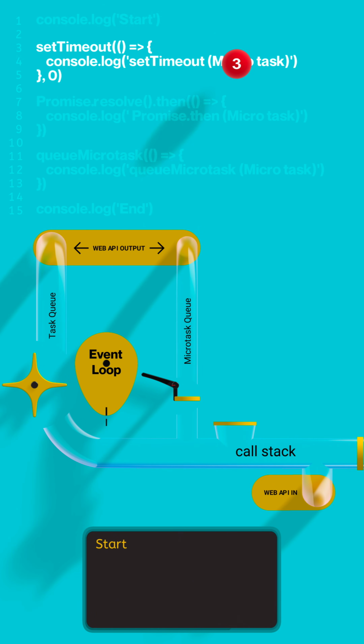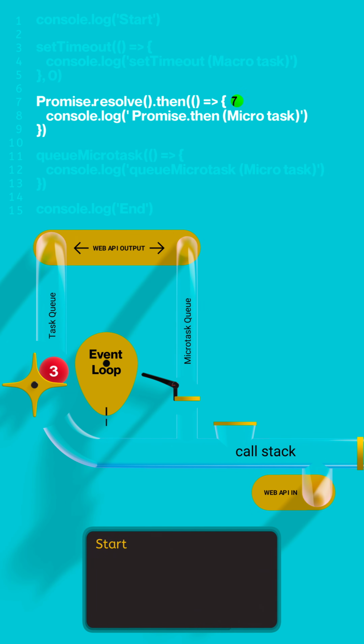Next, we encounter a setTimeout call with 0 delay on the third line. Even though the delay is 0, this call does not execute immediately. Instead, it is scheduled as a macro task and sent to the Web API, whose job is to track the timeout. Once processed by the Web API, the macro task moves to the task queue, where it waits to be